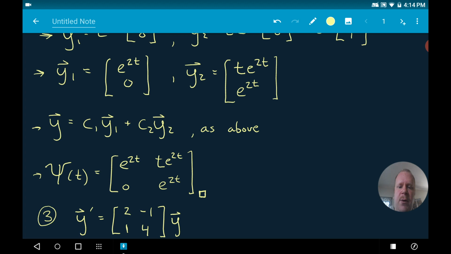And if you do it in that way, then you'll end up with 2 linearly independent solutions. You'll have a fundamental set, and you won't have to worry about finding the Wronskian of this or anything like that. You'll always end up with a solution that'll work for you. This last example that I want to do is another v1 and v2